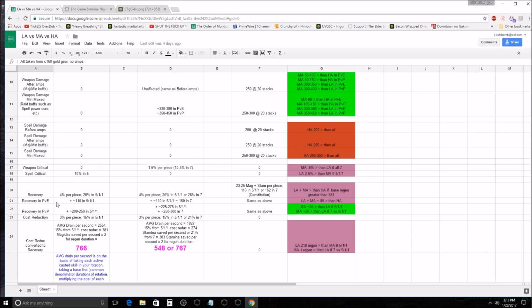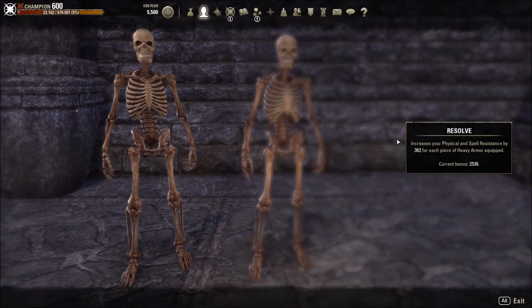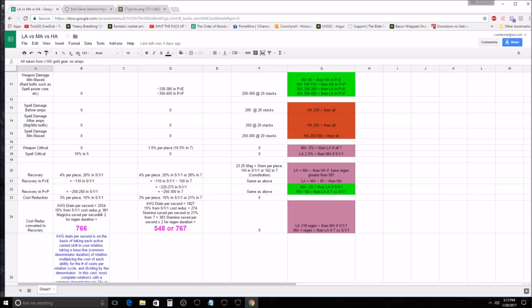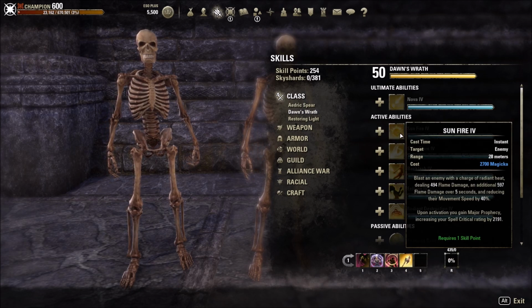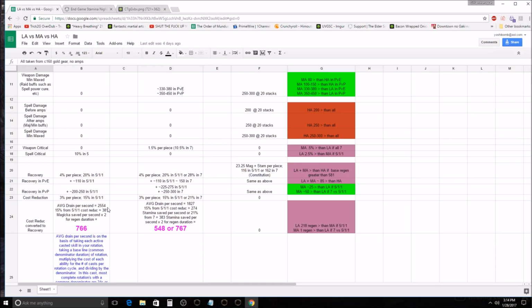But now we'll look at our recovery and our cost reduction. What I did for these was convert cost reduction into recovery, which ticks every 2 seconds. Regen ticks every 2 seconds. So magic, health, and stamina, you get whatever is listed on your tooltip every 2 seconds. So all I did was take the cost reduction of the average drain of our rotation. So I took all of our really high-cost abilities, things like biting jabs, spear shards, vampire's bane, or solar flare. I took all of these skills that we would use in a rotation in PvE and in PvP. I added them up, I divided by how many casts they were, and our average drain per second is